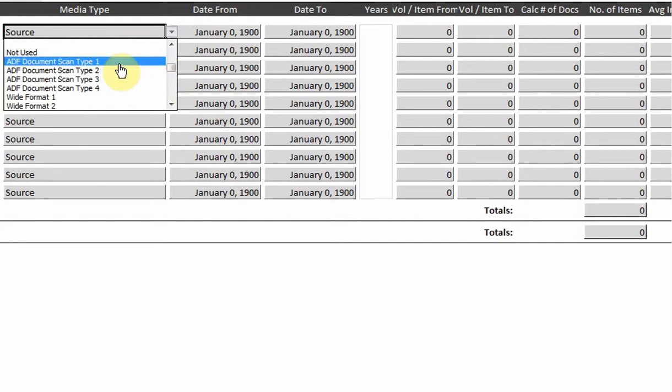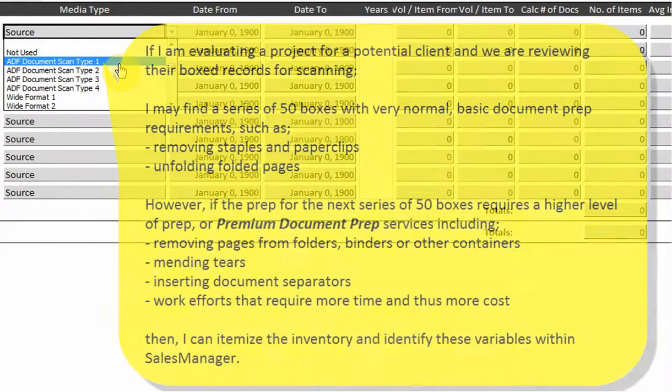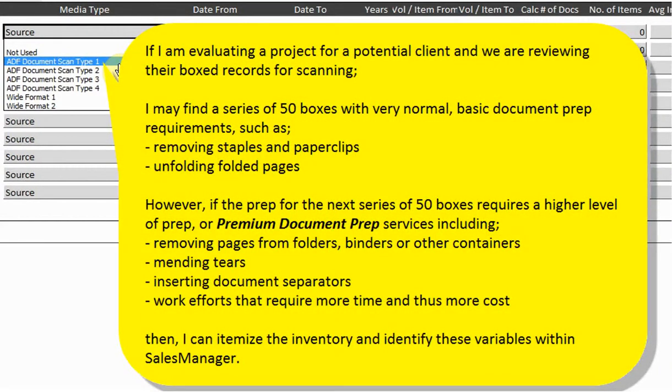Here you see the ADF description. ADF is an acronym for Automatic Document Feed, which, as most will know, is a designation for a specific type of scanner. The reason I have multiple options for ADF is simple and sensible. If I'm evaluating a project for a potential client and we are reviewing their boxed records for scanning, I may find a series of 50 boxes with very normal basic document prep requirements, such as removing staples and paper clips and unfolding folded pages. However, if the prep for the next series of 50 boxes requires a higher level of